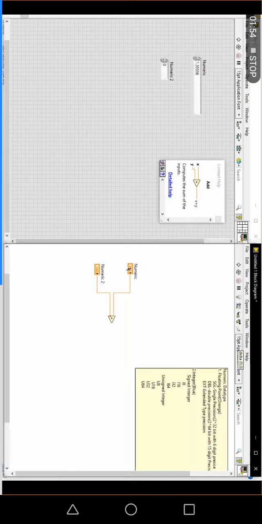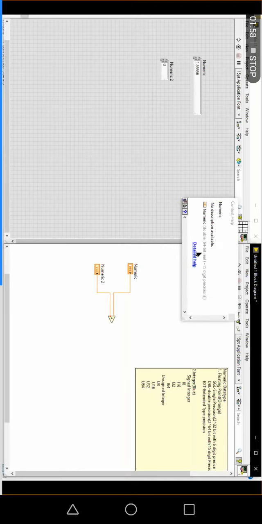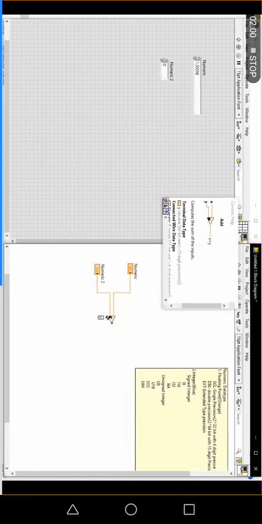So here you have DBL available and SGL available, both different representations, same color, both numeric, but you are getting a coercion dot. Why? Because both are different representations, and the coercion dot will always occur on the lower memory data type only. Kindly make a note of that point. So the output will be the higher memory representation.